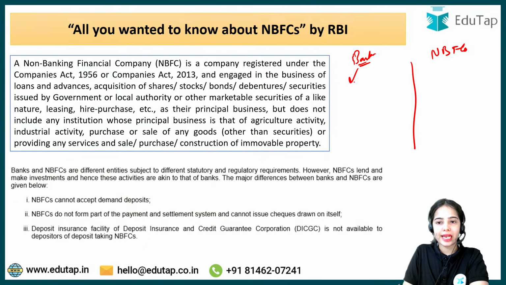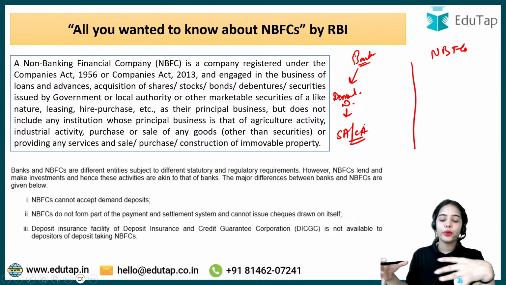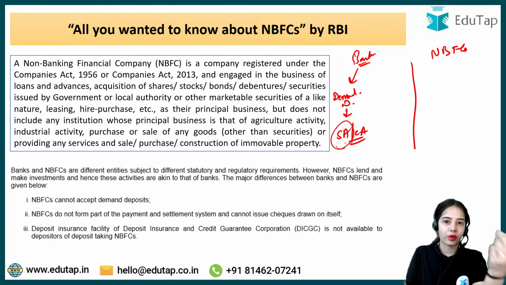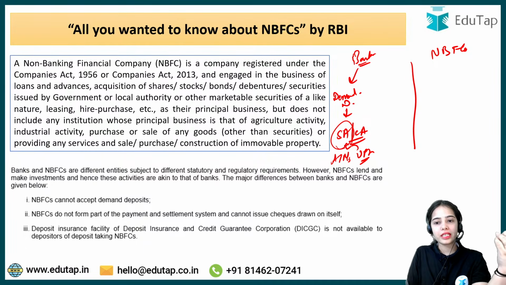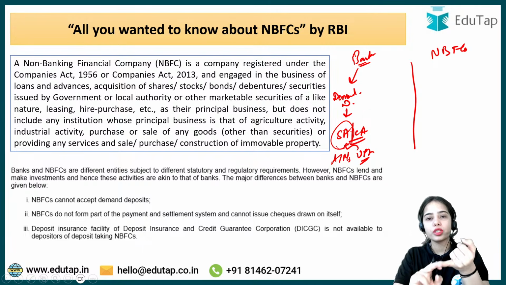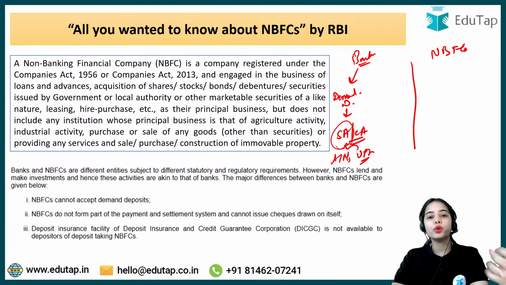See, banks can take demand deposits, that are the deposits in your savings account, in your current account. Whenever you want, you can take out the money through your savings account. Okay, using the ATMs, using the UPI, you can do transactions using the money in the savings account. So demand deposits are those deposits that you can withdraw whenever you want.